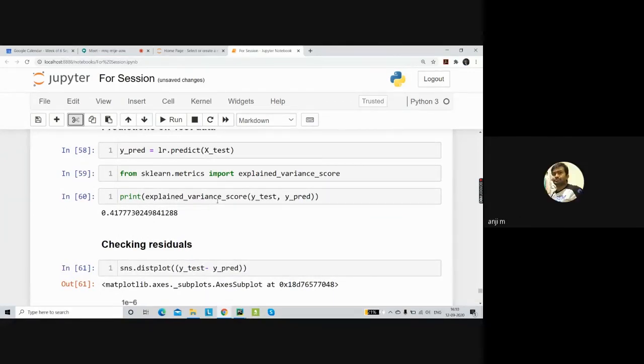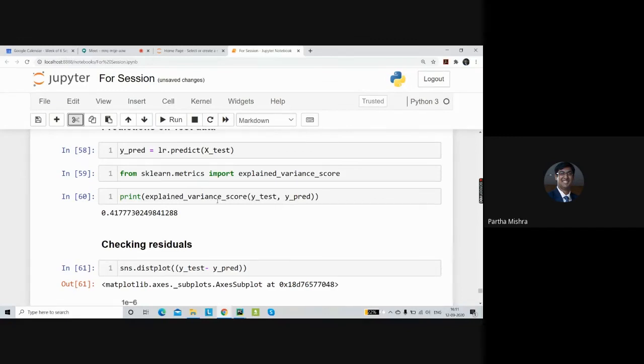Simply put, we are comparing the predicted value with the actual value. If we have built a model using 4-5 variables, how far are these variables actually able to predict this particular target variable, in our case, the price?